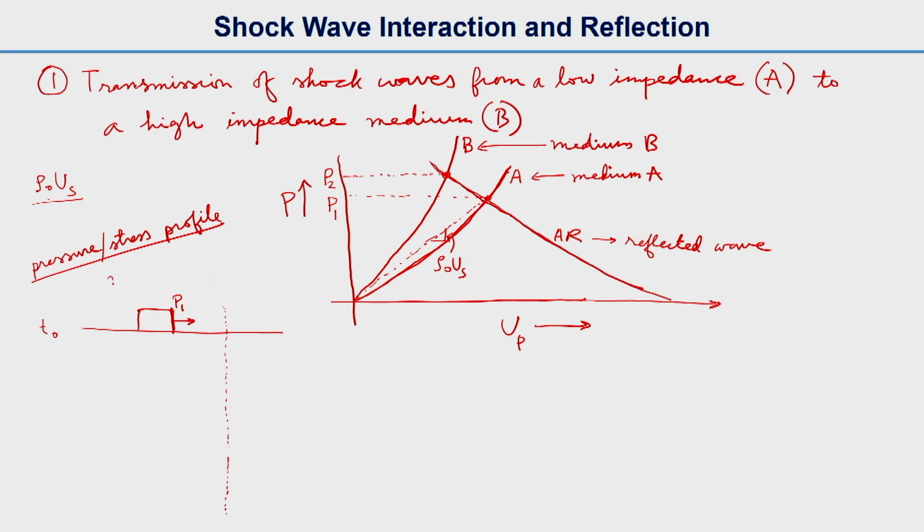Actually, we should write that this is material 1 or medium A, and on the other side of the interface, this is material B, or we can write medium B. So what will happen after some time, at time equal to T1, this shock pulse will hit the interface,